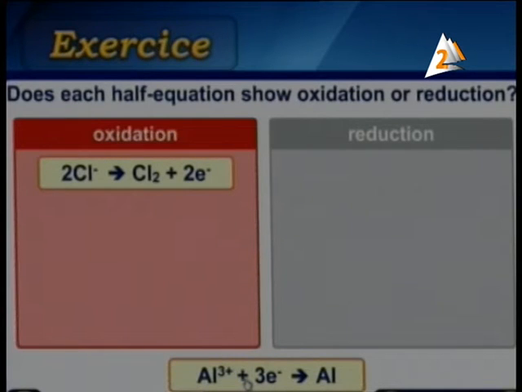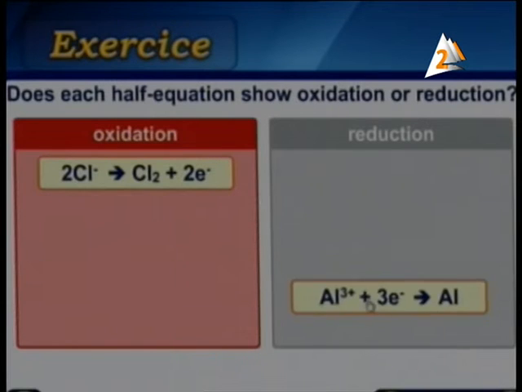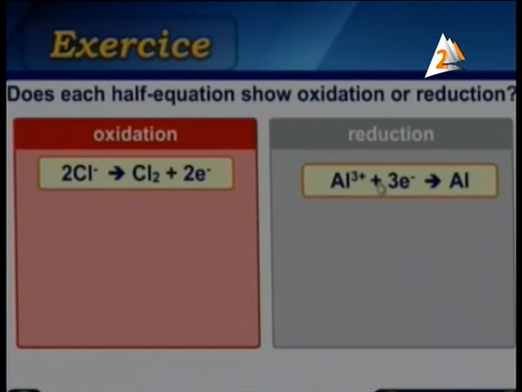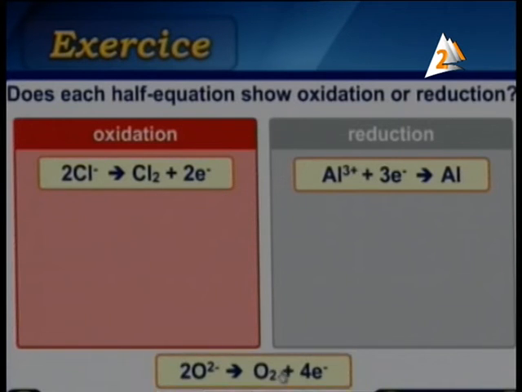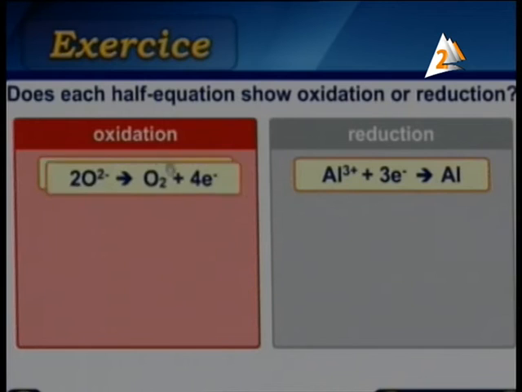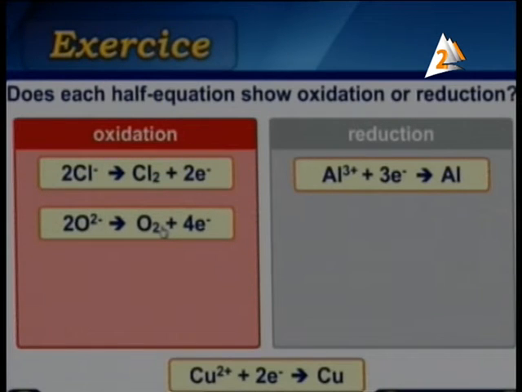Aluminium here, directly it gains electrons. So what is the type of this reaction? We say reduction. Why do we say that? Because you gain 3 electrons. Good and great. Take the other equation. Here we have 2O negative 2 gives O2 plus 4 electrons. They are similar to the equation here, so we put it inside the equation table. So here the oxidation. Why? Because here 4 electrons are lost by 2O negative 2.